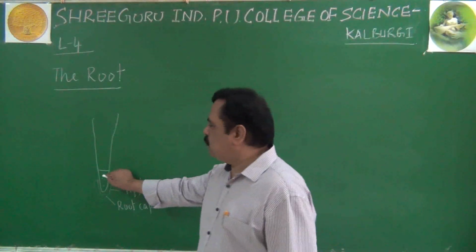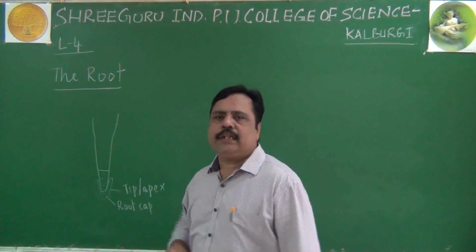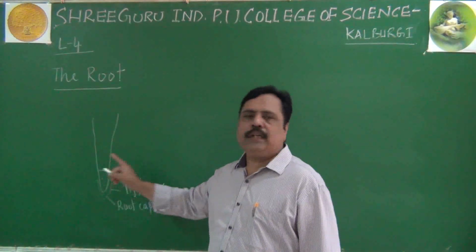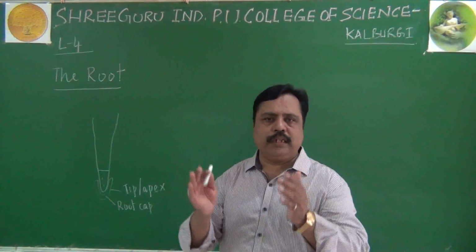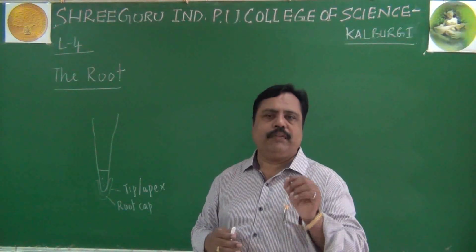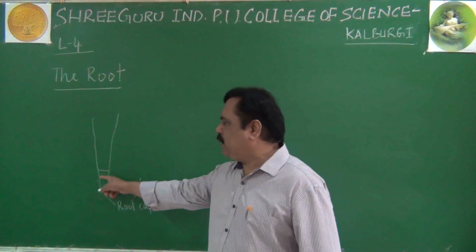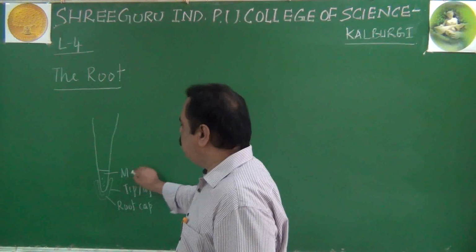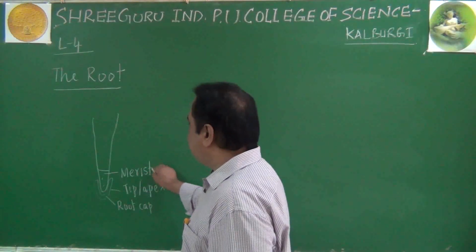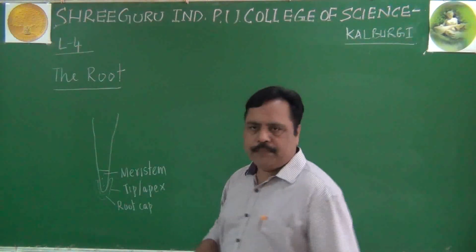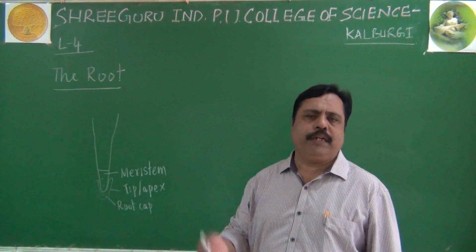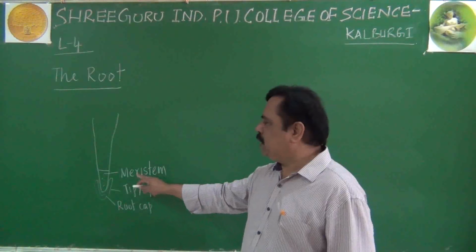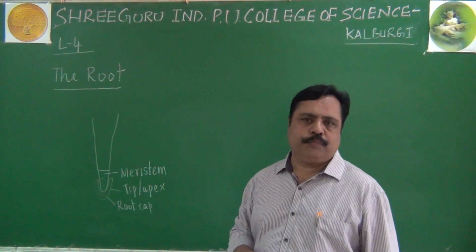What are meristems? They are the basic type of plant tissue. They have got a thin cell wall. They have got a dense cytoplasm. And a very important character of meristem is they are able to undergo rapid cell division. That is the point. They can undergo rapid mitosis and produce more and more cells. That is the importance of meristematic tissue.